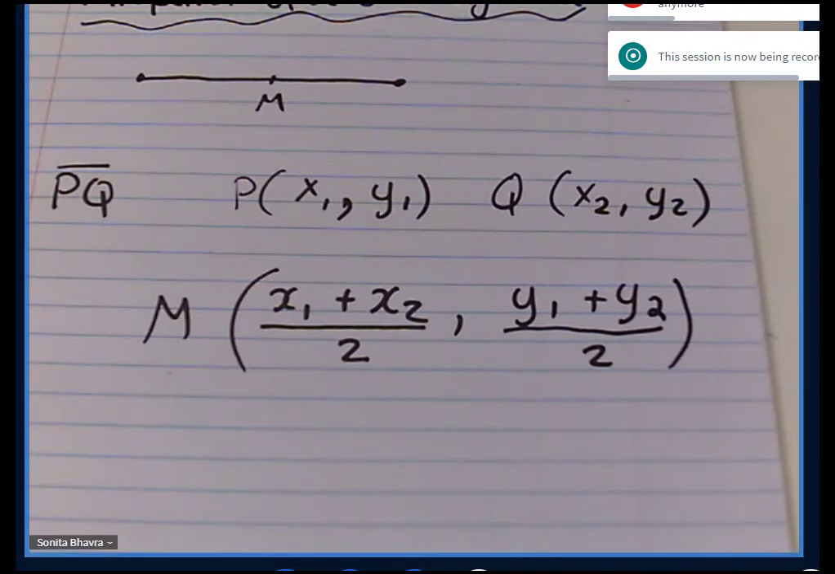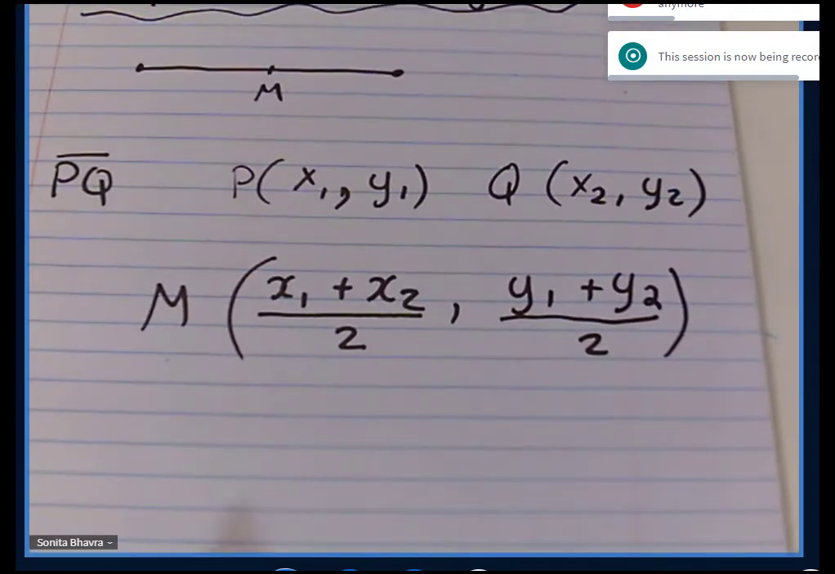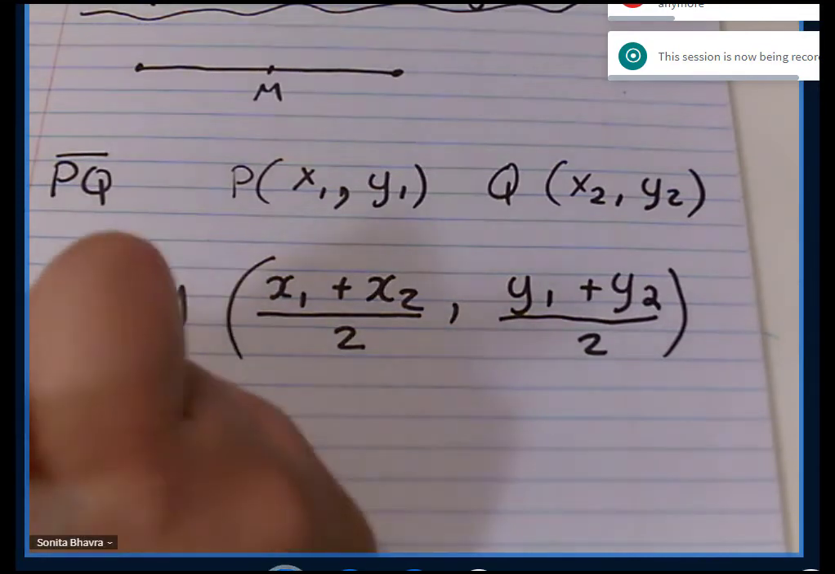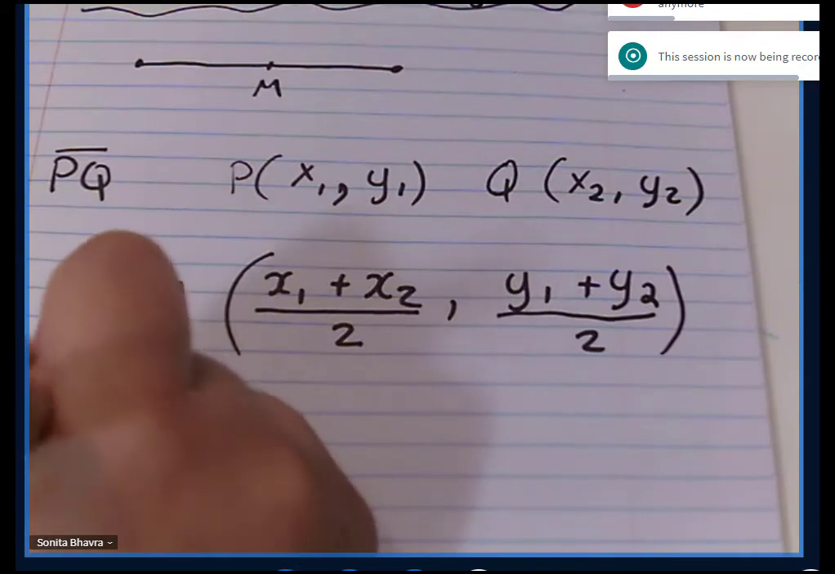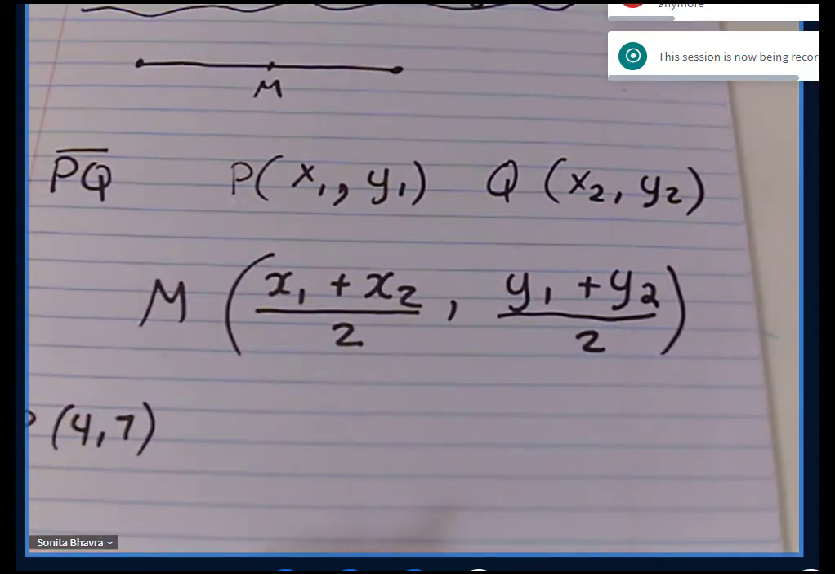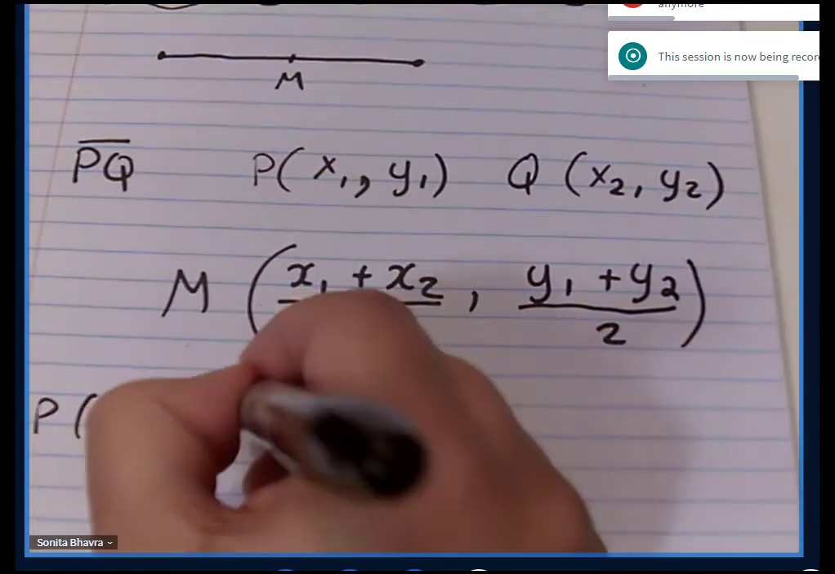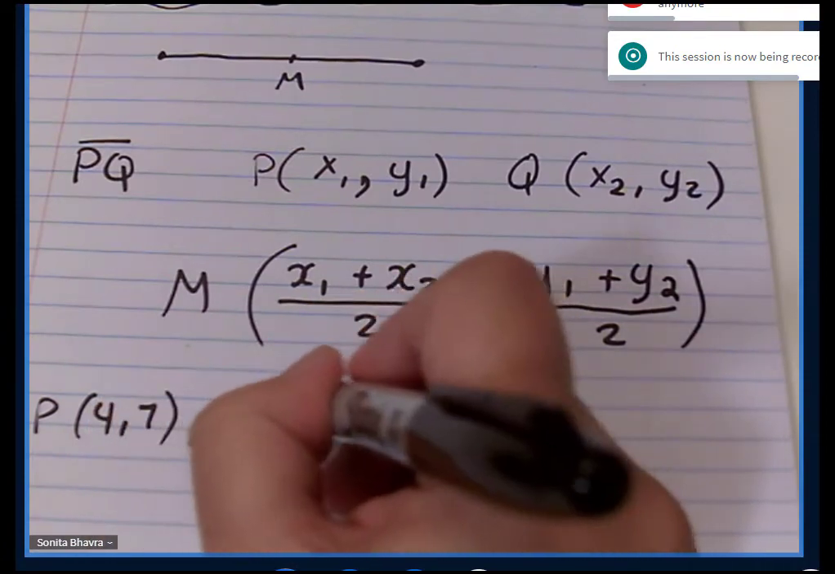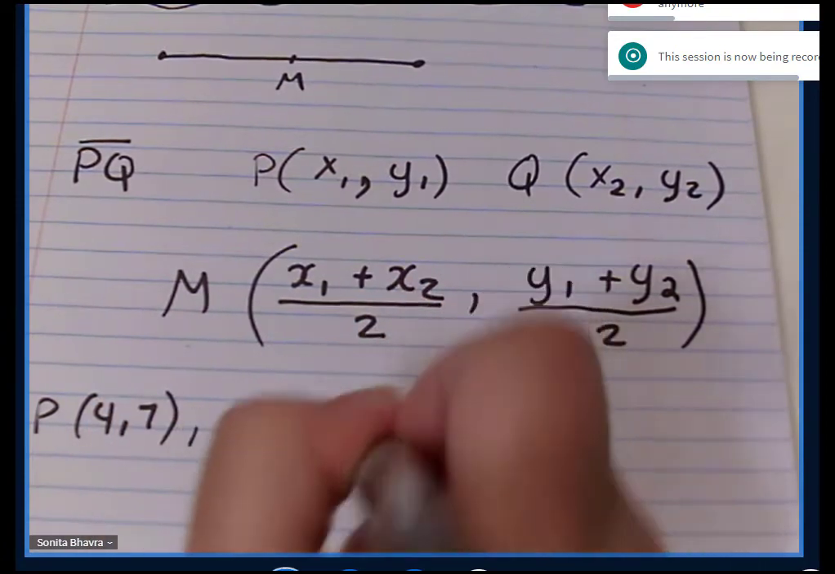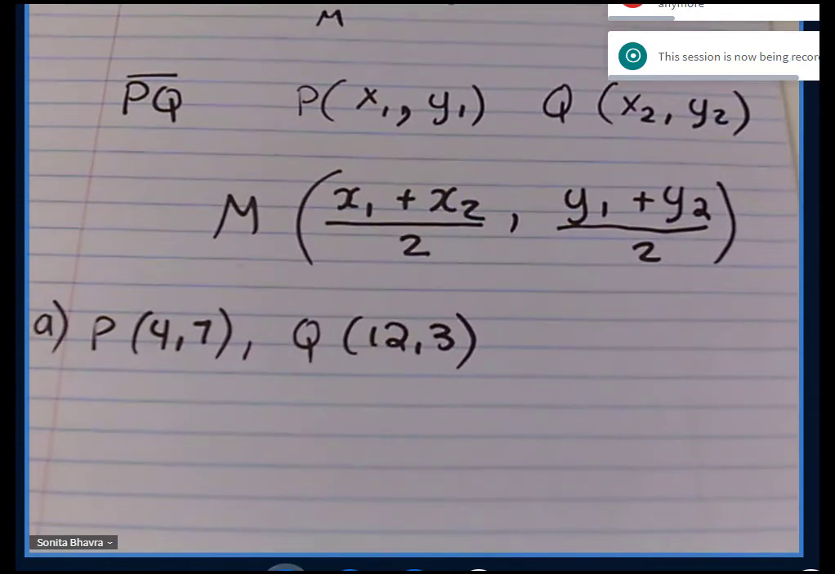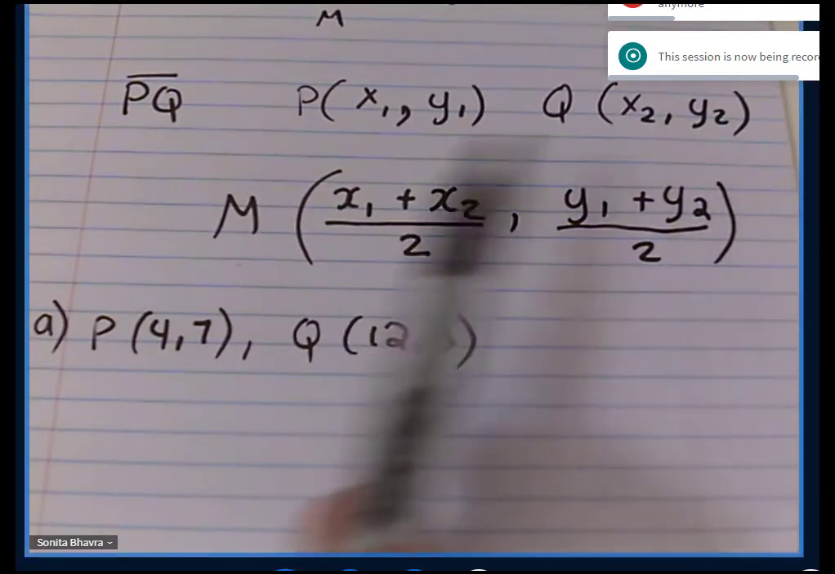All right, let's take a look at an example, and we're looking for the coordinates of the midpoint of the line segment with the following endpoints. So let's say we have P at (4, 7), and Q at (12, 3). We need to find the midpoint of this line segment, so using our midpoint formula,